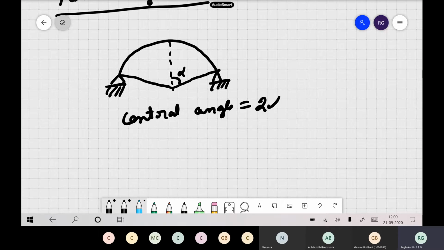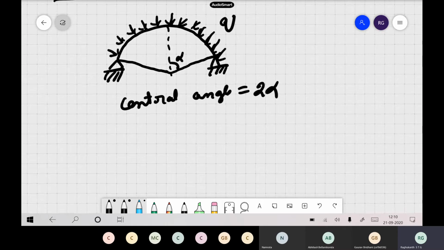We are doing it more generally. Suppose if it is a perfect semicircular arch, the central angle will be pi itself. And it is subjected to a radial load. So it is subjected to this type of load, and let us say this load is some q. Now we want to find out the buckling load, or this q critical. What is this q critical, which makes this arch collapse? So this is what we are interested in here.